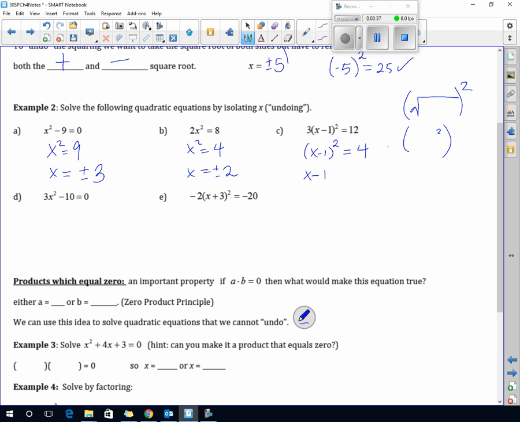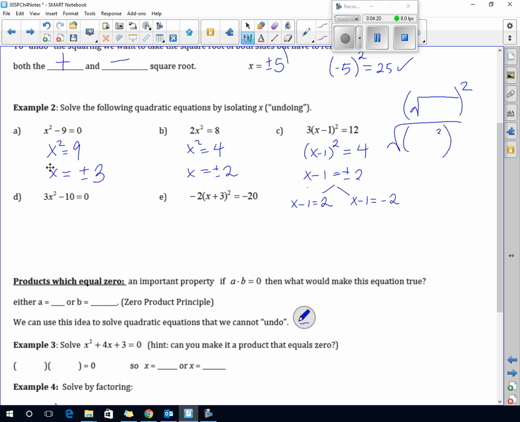But when I square root 4, what do I get? No, not just 2. Plus or minus 2. Well, what does that mean to solve for x? I have to move. There's 2 answers. So sometimes when you write it as plus or minus 2, it's a little confusing. So what you might want to do is split it up into 2 solutions. So you get x minus 1 equals positive 2 and x minus 1 equals negative 2. You see what I'm saying? So now when I move the 1 over to the other side, I get x equals 3. And what do I get over here? X equals